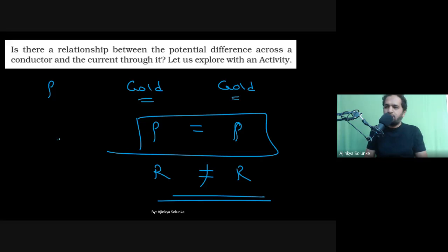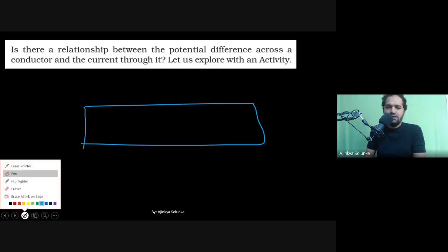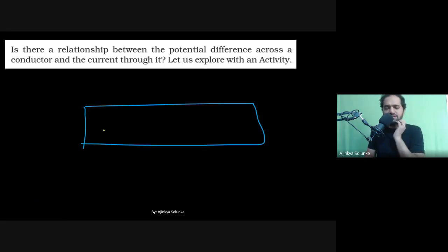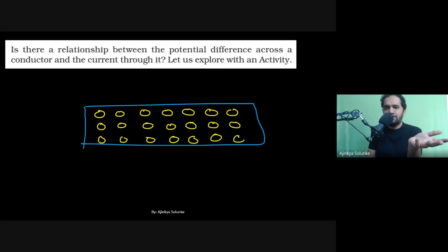Okay, fine. Now let's talk about something more. There is one more concept which we want to discuss. First question: who was offering resistance? Can you please tell me who was offering resistance? Atoms, right? The first answer is atoms. Okay, correct. Who was getting resistance? Electrons, right? Electrons were getting resistance, like they were being stopped.